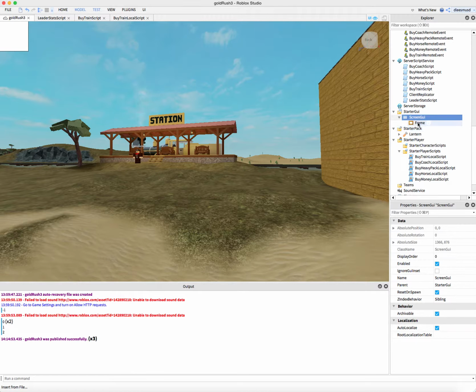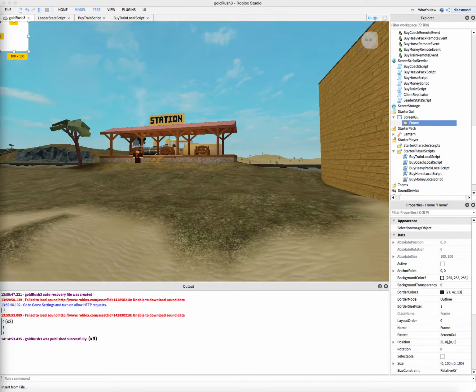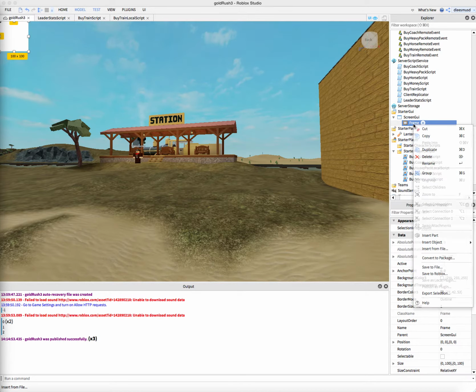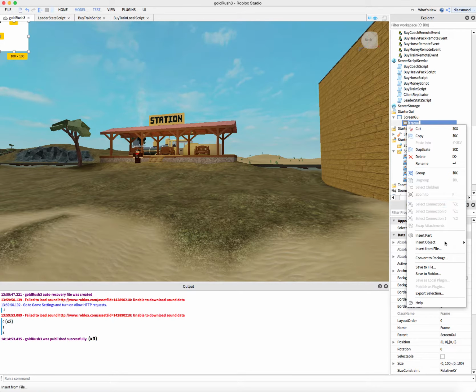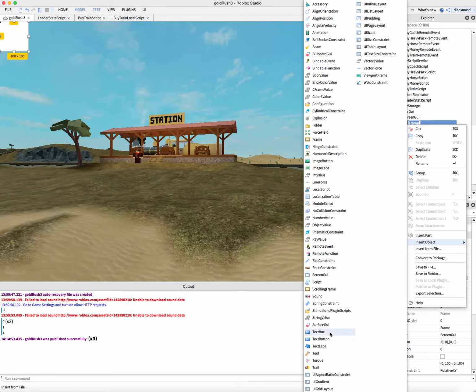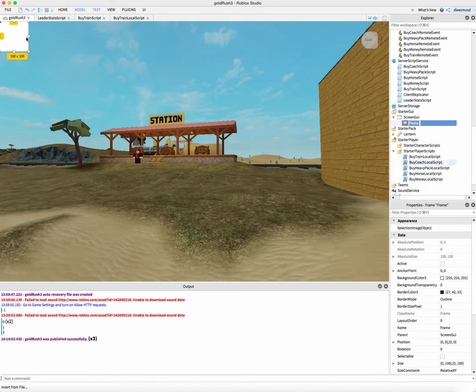And then now that we have that, we can right click him and we can insert TextBox. Okay, actually, why don't we first position the frame in the right location, and then we'll add the text boxes. So what we want with this frame, the frame is basically a box that we can put text into. And so what we want with the frame is for it to cover the screen and for it to